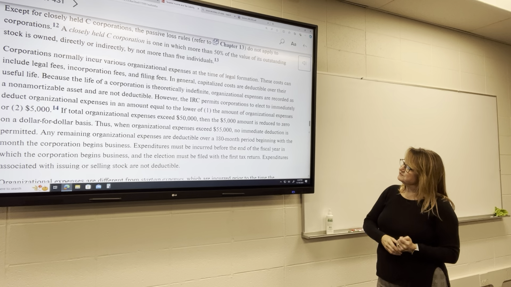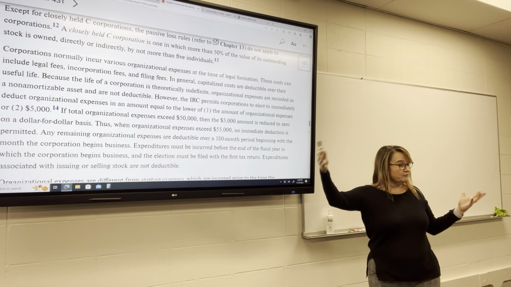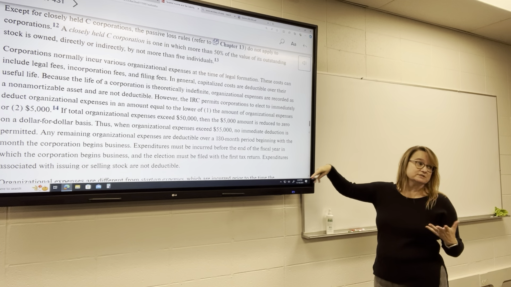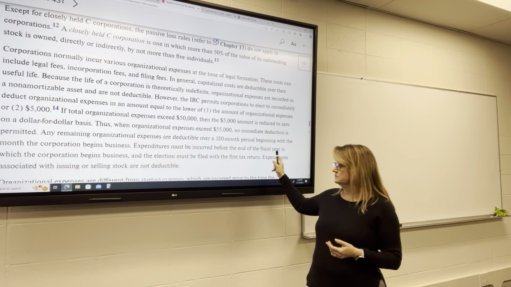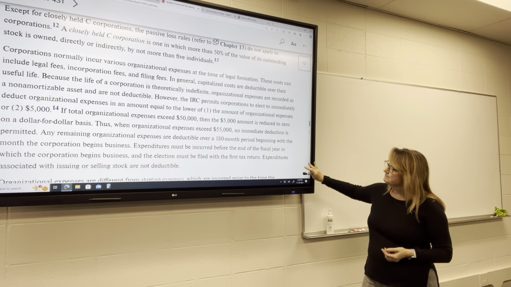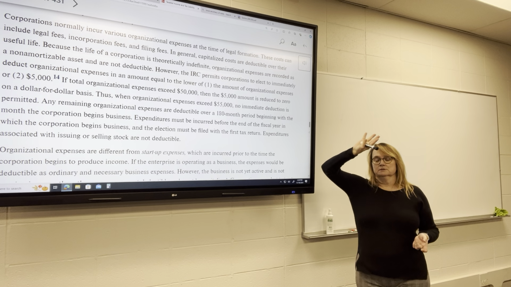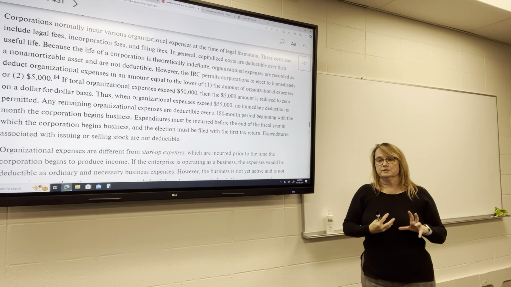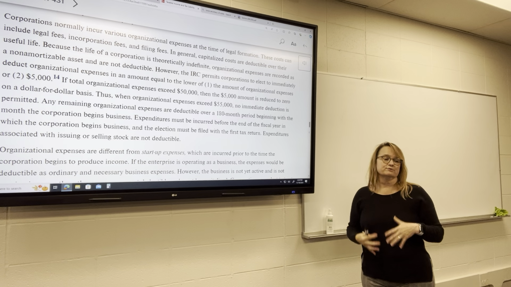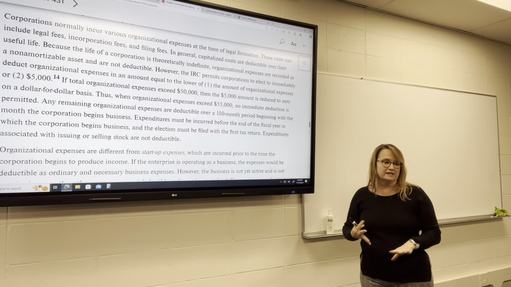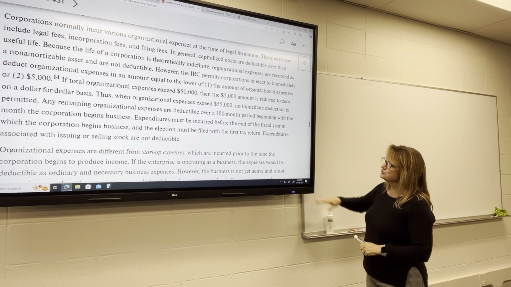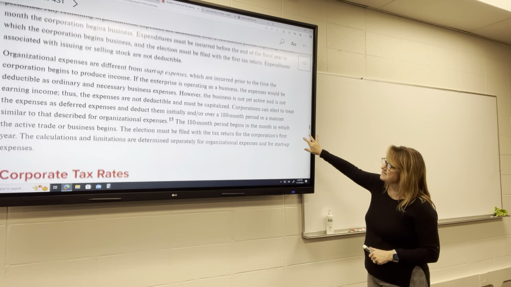When they exceed $55,000, any amount over and above that, you amortize those expenses over 180 months. Okay? So these are expenses associated with putting the organization together, like attorney fees, filing fees, that kind of stuff. Startup expenses, you've got the same